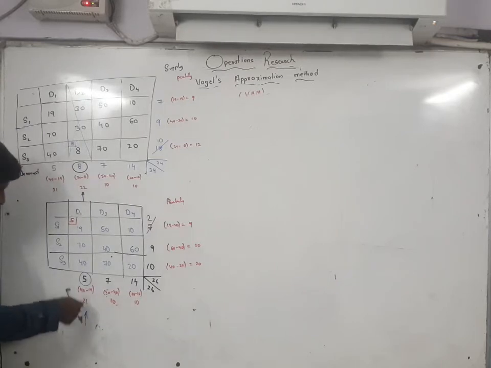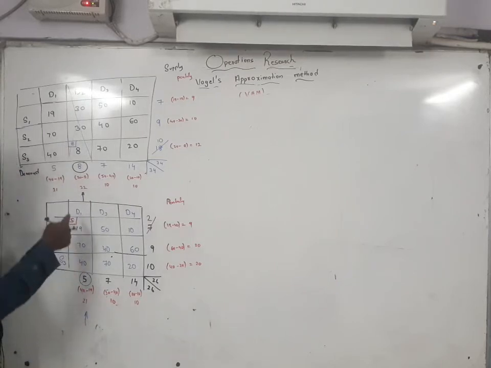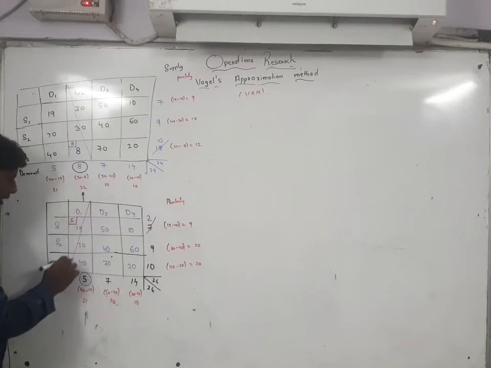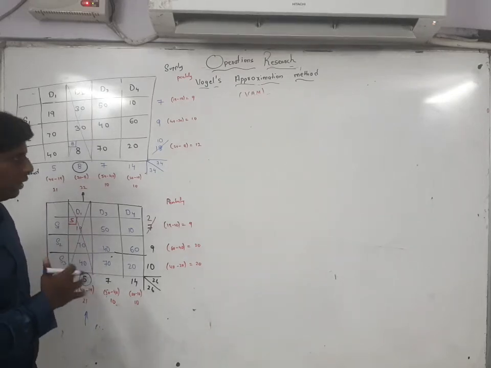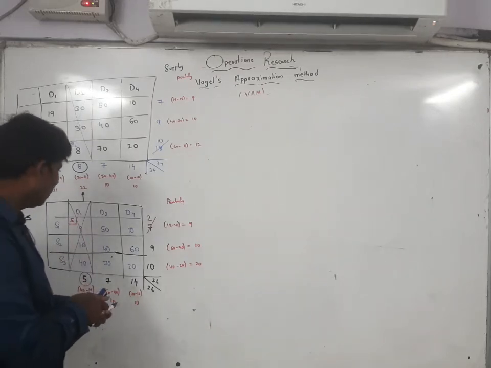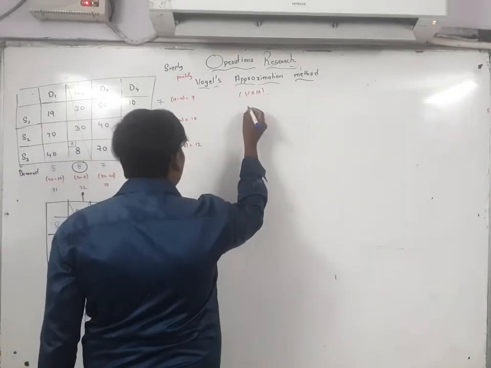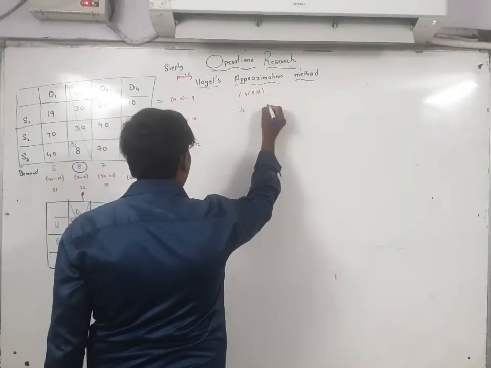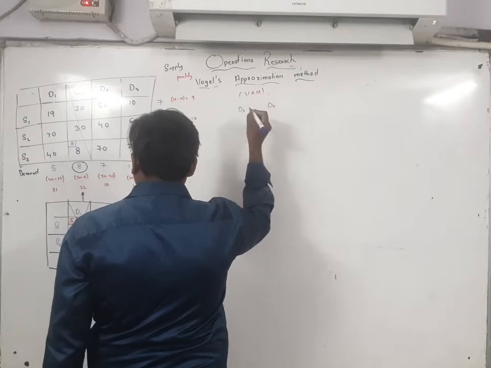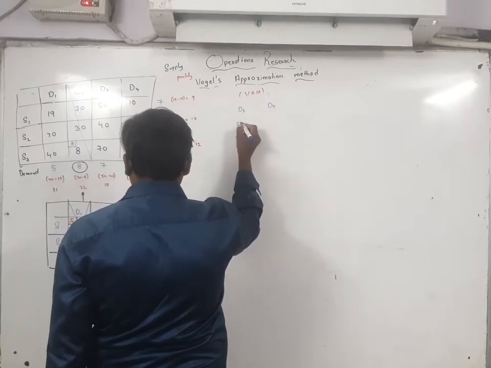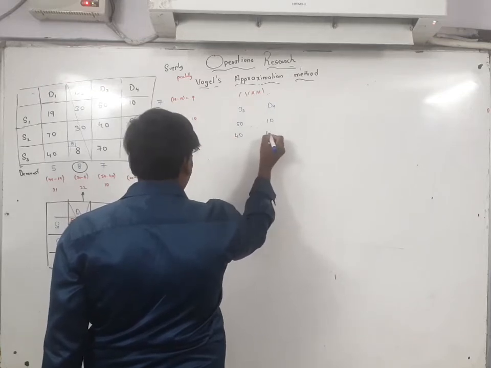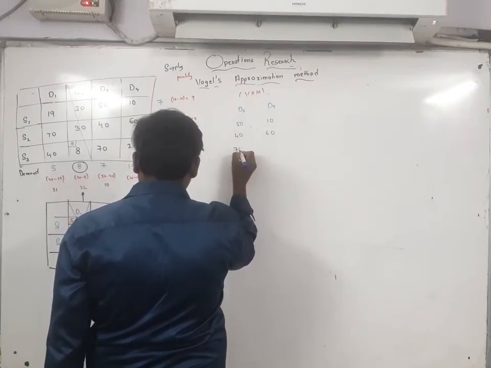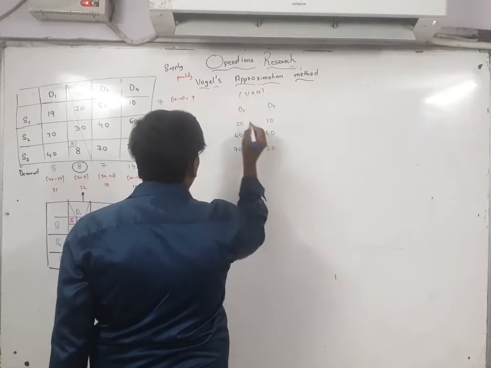And which path did you select? Column. So this column will get vanished. With the help of a pencil also you can strike that one. You can remove that one. So whatever the remaining terms are there, I will write down here. What is remaining here? D3. Next one is D4. So here the values are 50 and 10. Next one is 40. Next one is 60. Next one is 70. And next one is 20.